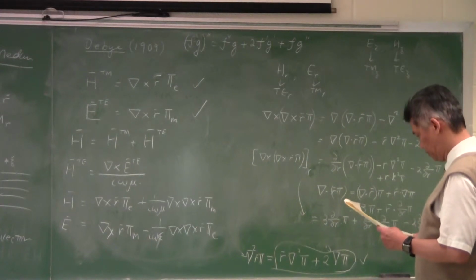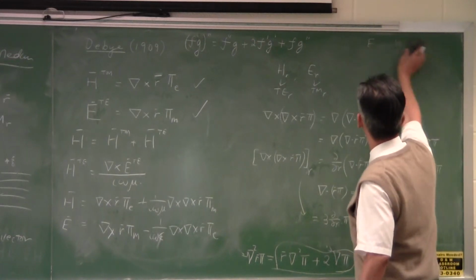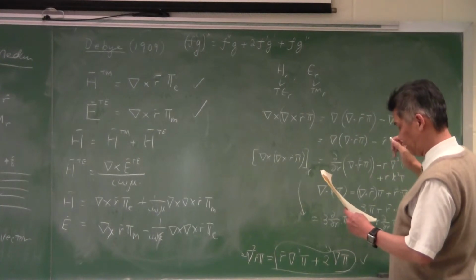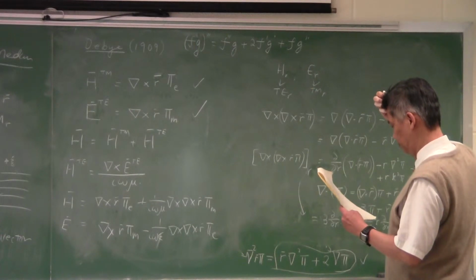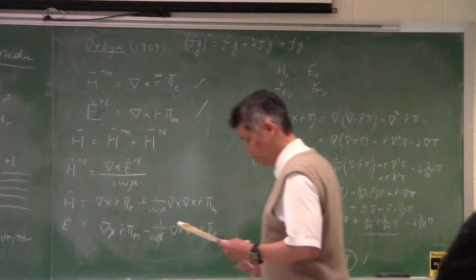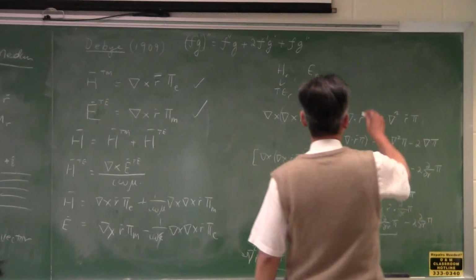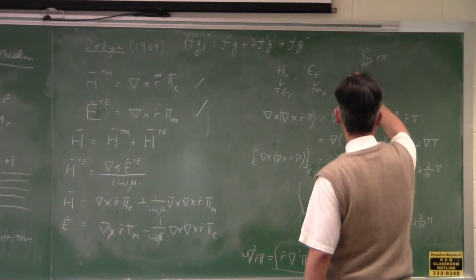But you can show that this actually can be written as, let me write it up here. If I write this as something like, let me see what I should write it as, partial square partial r square r pi. And this is equal to